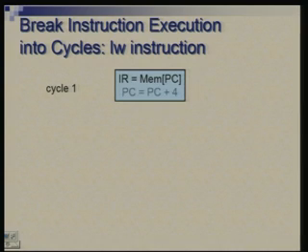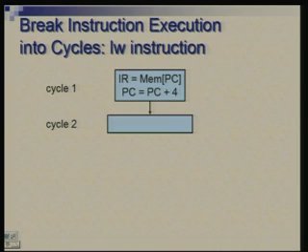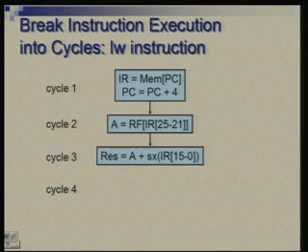The next is load word instruction. First cycle again is similar. The second cycle involves reading one register from register file. Here we need to access only A, because the second address corresponds to the destination here. What we read from memory will be stored in register RT. So, we need to read only one register, and in the third cycle we calculate address in the same manner.